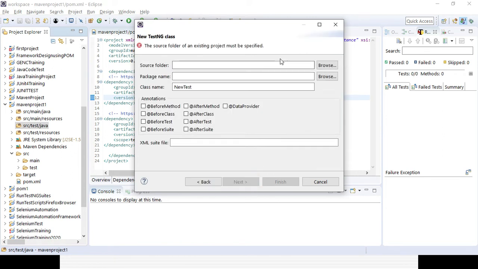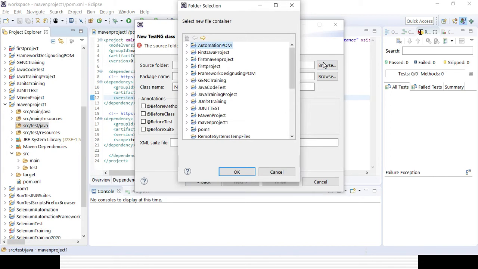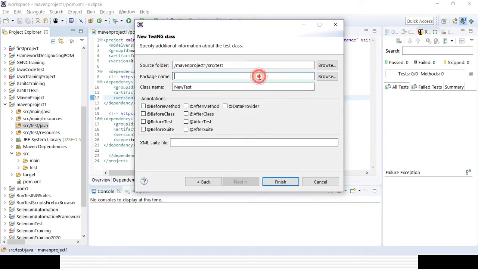Okay, here you can give the source folder, you can browse it, right? What is Maven project, src test. So that is the thing, you can select it. Package name, you can give any package name here, because this is the folder.